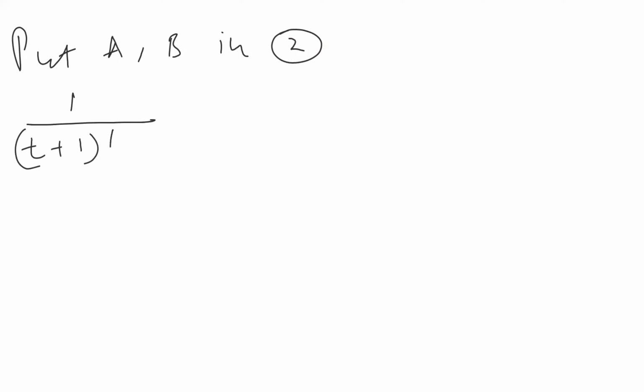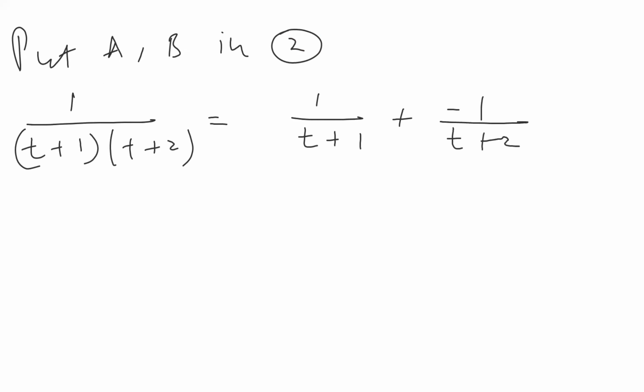Put a, b in equation number 2. So not I. Let's go to equation number 2. 1 upon t plus 1 is equal to a upon t plus 1 plus b upon t plus 2. Right? Now from equation number 1,